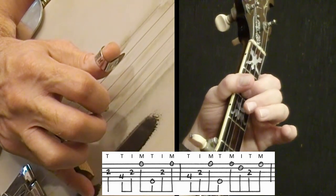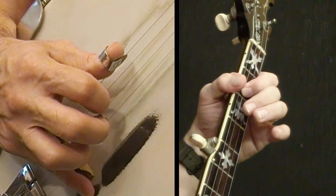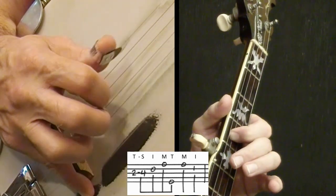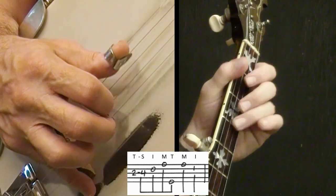Now, notice my 2nd finger is now on the 3rd string of the 2nd fret, so I'm going to leave it there for this next slide. Again, we're talking about economy of motion. We don't want to be